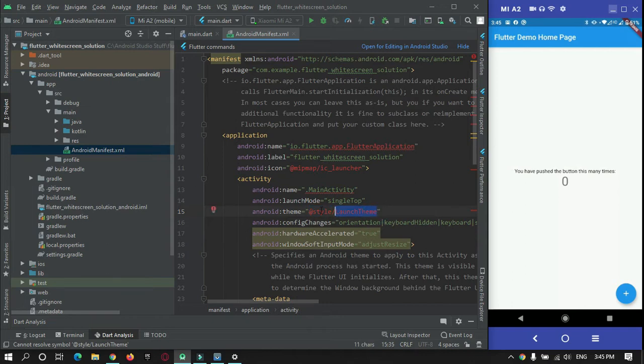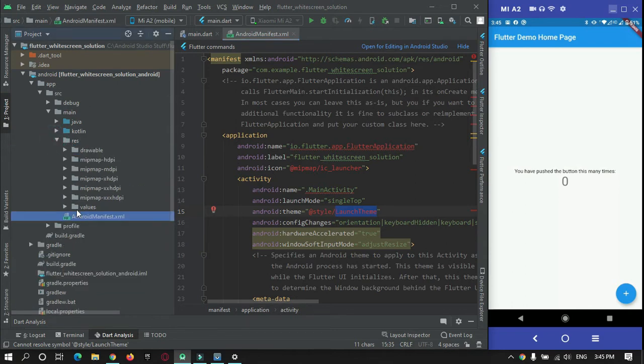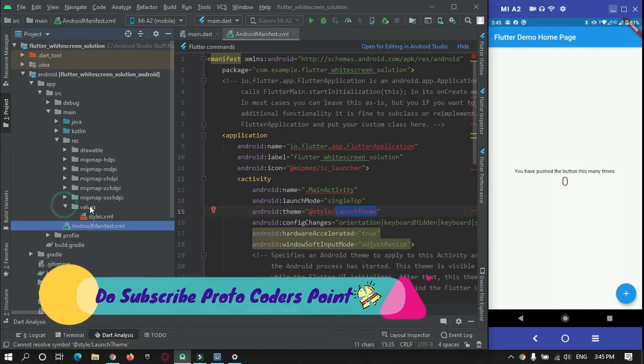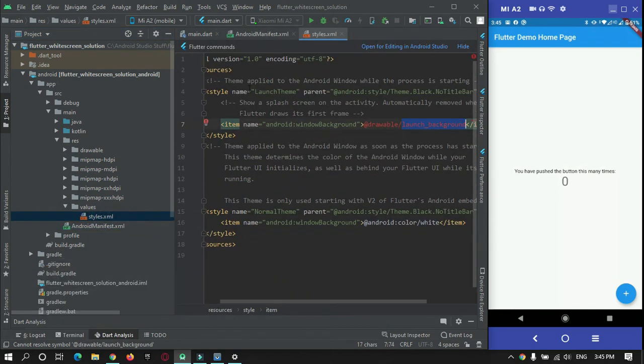So we will go to res, and then styles.xml. Here is the style LaunchTheme, and it has one item, windowBackground, and the window background comes from a drawable, launch_background. So we will go to the drawable folder.